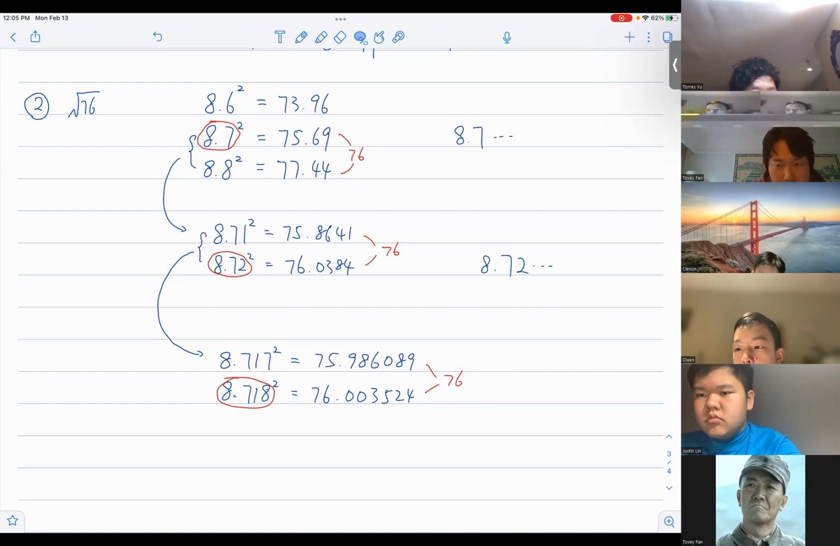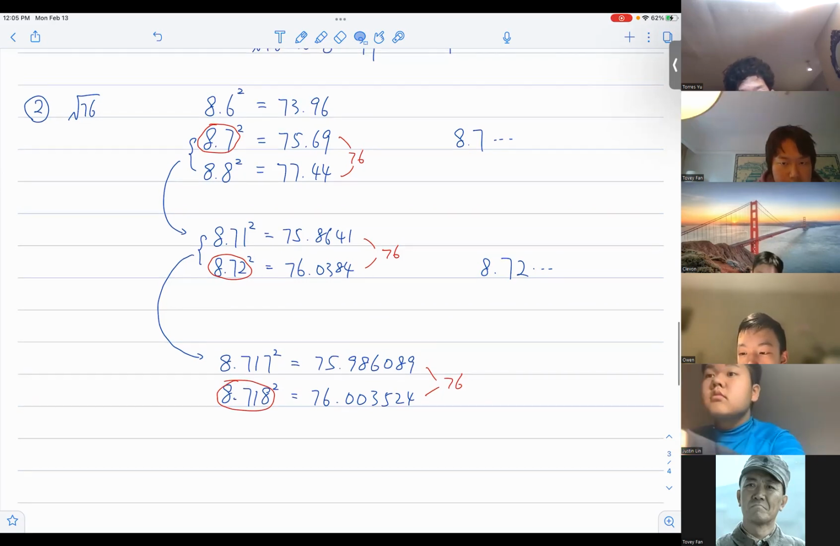Doris, Justin? Justin, 你觉得这个方法 make sense 吗？你现在学这里啊？你觉得这个方法 make sense 吗？